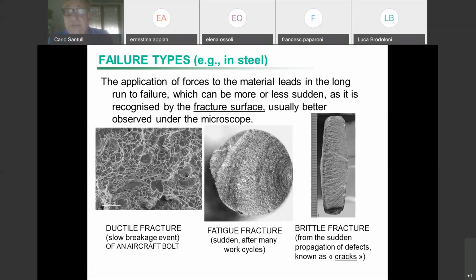It was important because this doesn't always mean that fatigue fracture means that the object is old. Fatigue fracture may even happen if the object is quite new, but it has been loaded a number of times, even very quickly.